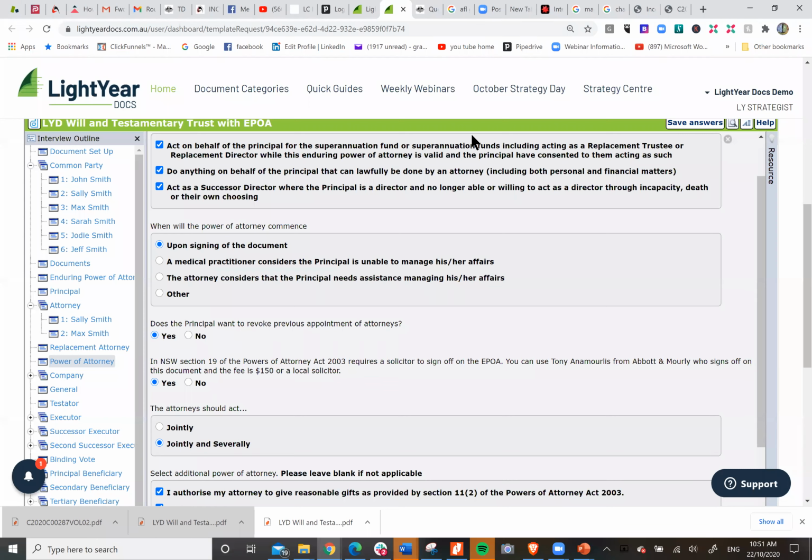So that comes up through the system, so that's built into the EPOA. The second one, which is typical, is do anything on behalf of the principal that can lawfully be done by an attorney, both personal and financial.